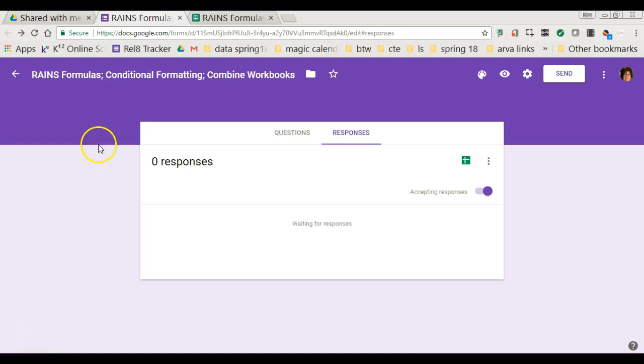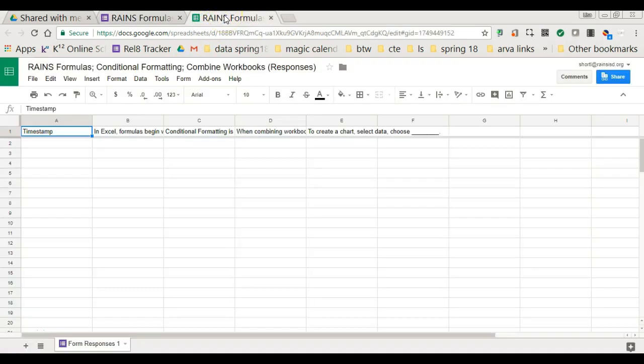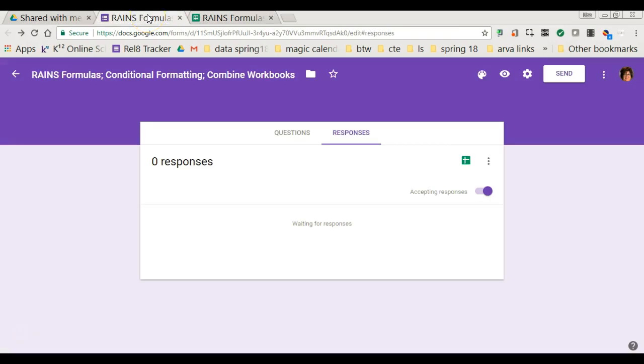Okay, so here we have the form. It's called Rain's Formulas, Conditional Formatting and Combining Workbooks. And then we have the sheet, and you see there's nothing on the sheets. Okay, so the first thing I'm going to do here is I'm going to go back to my questions, and